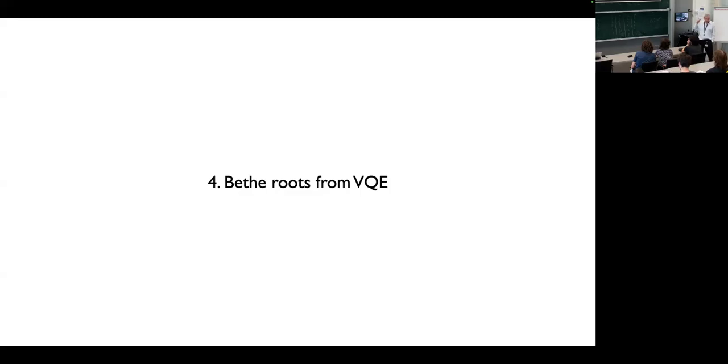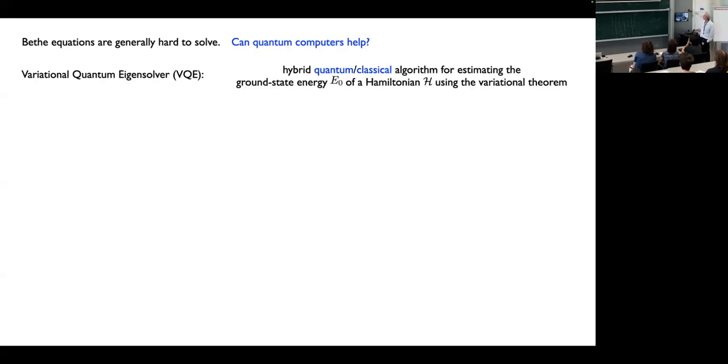Yeah, so I mentioned it's hard to solve the Bethe equations. And so someone from my camp will have this obvious question: can quantum computers help? So the idea we had was to try to exploit VQE, the variational quantum eigensolver. For those who don't know, this is a hybrid quantum-classical algorithm, which is now very popular for estimating ground state energies